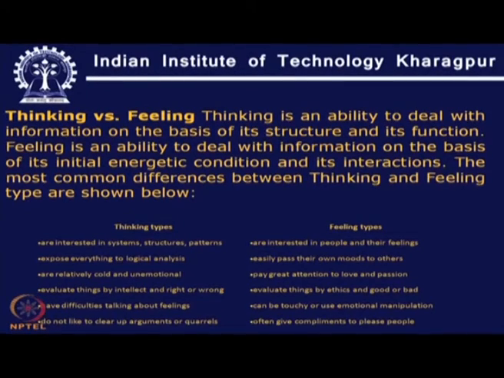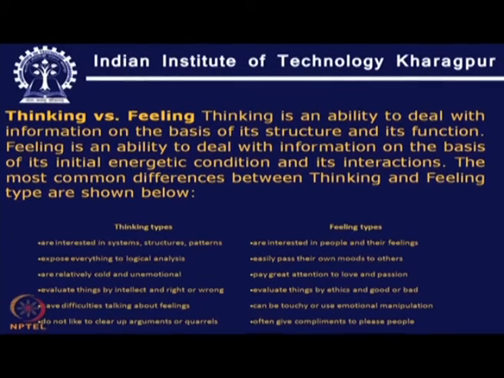Thinking is the ability to deal with information on the basis of its structure and function. Feeling is the ability to deal with information on the basis of its initial energetic condition and its interaction. Differences are: thinking types are more interested in system, structure and patterns, expose everything to logical analysis, are relatively cold and unemotional, evaluate things by intellect, right or wrong, have difficulties talking about feelings, do not like to clear up